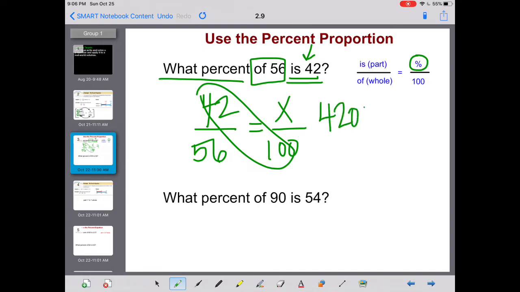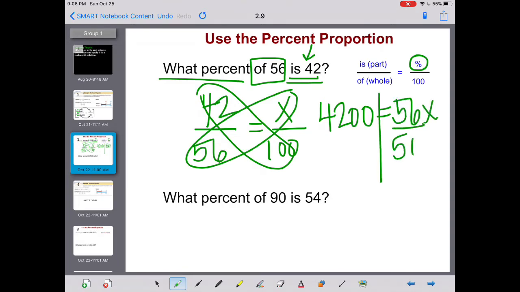Okay, now I can solve it by doing my cross multiplying. And I find I have 4200 equals 56 times x. Then I can divide by 56, and that tells me that 42 is